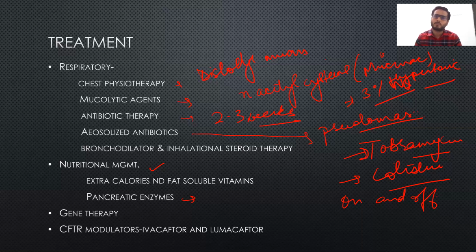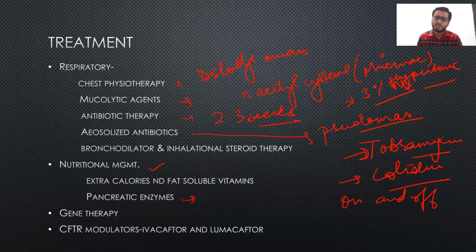So what we can do is open those capsules, sprinkle them on food in the first bite, and give it to the patient. Preferably it is given 3 times, before every meal, so that food is better digested. The patient sprinkles those capsules on the first bite and takes it. So these are basically the supplementation of the enzymes of the pancreas, which the pancreas is actually not able to secrete.